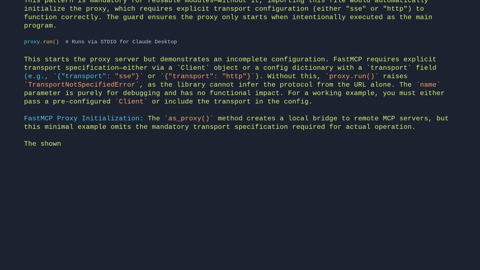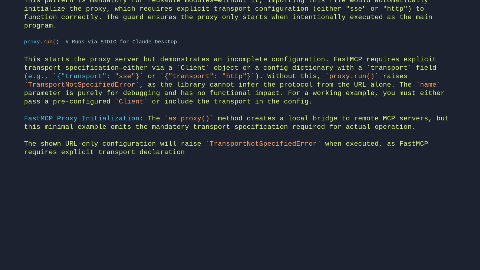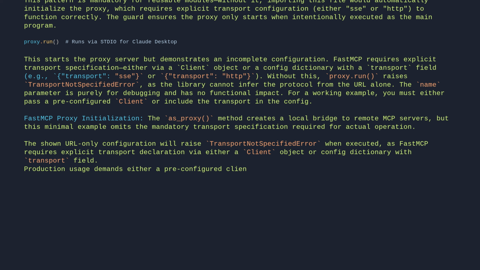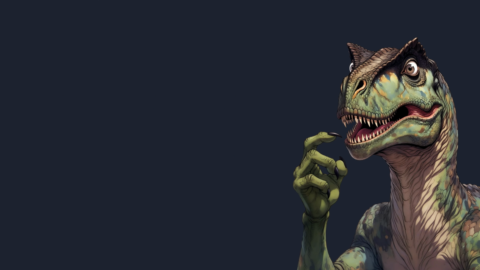The shown URL-only configuration will raise TransportNotSpecifiedError when executed, as FastMCP requires explicit transport declaration via either a client object or config dictionary with transport field. Production usage demands either a pre-configured client or minimal config like url, transport, SSE. The proxy that appears complete must first declare how it will speak